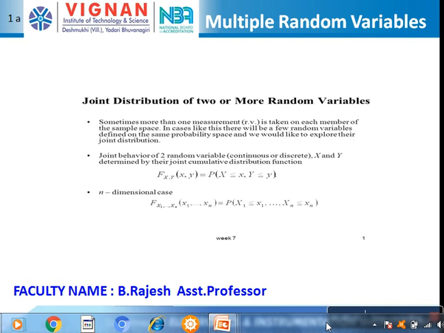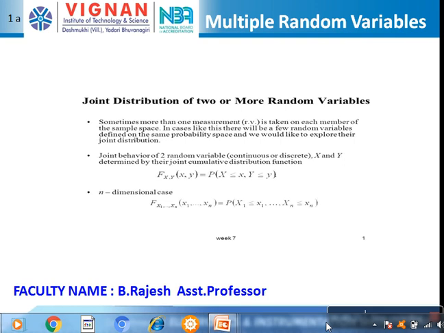Multiple random variables. Question number 1a: joint distribution of two or more random variables. This is a 2 marks question. So we are going to draw the distribution between two or more variables. Let us take an example in a room which has two variables which are varying: its temperature as well as the